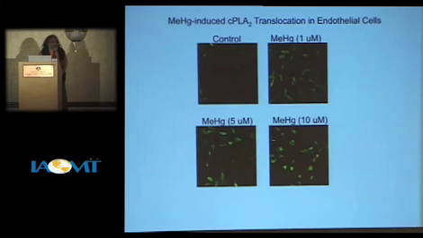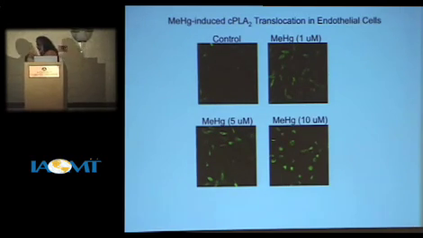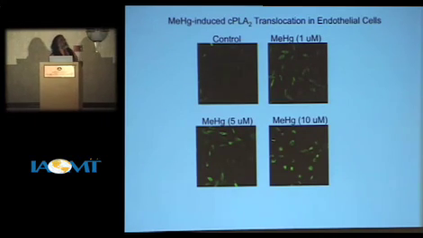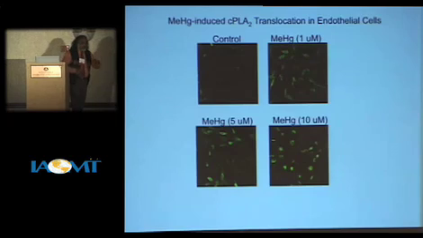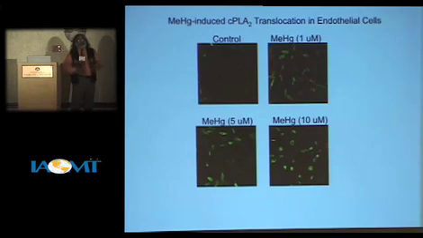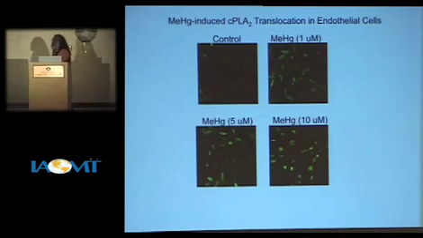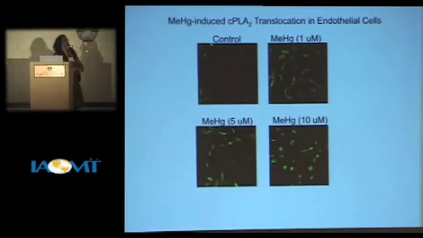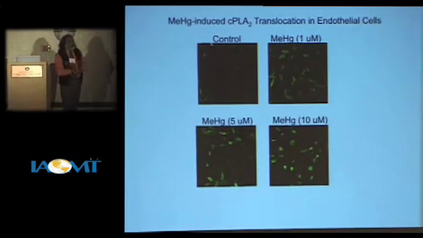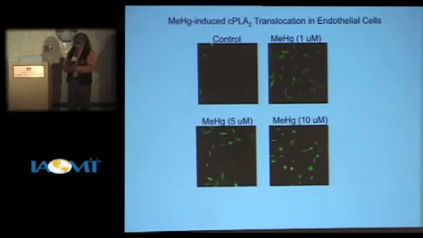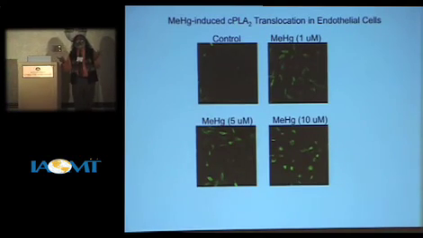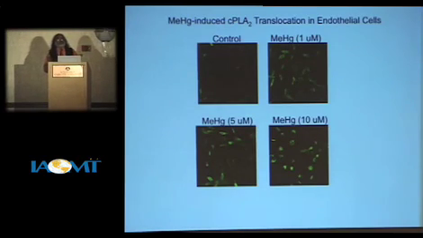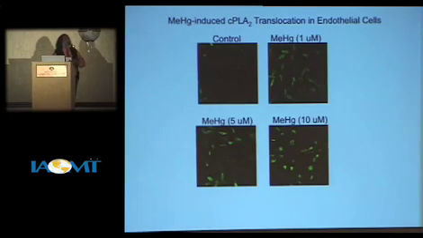cyclooxygenase and lipoxygenase. They make eicosanoids as well as prostaglandins and leukotrienes, and then they activate phospholipase D, and the phospholipase D generates phosphatidic acid. That phosphatidic acid alters the cytoskeleton. That cytoskeleton alteration leads to cell morphology change, and that cell morphology change will lead to gap formation in the endothelium, and that gap formation is the cause for vascular leak and other inflammatory events. That is the gist of the whole story.